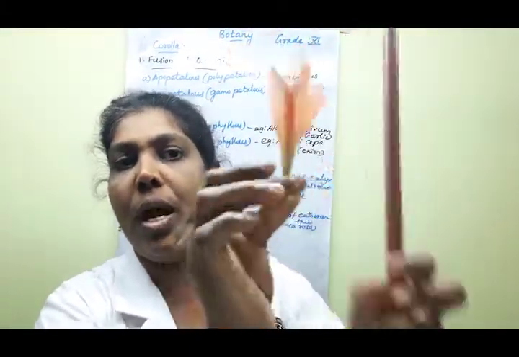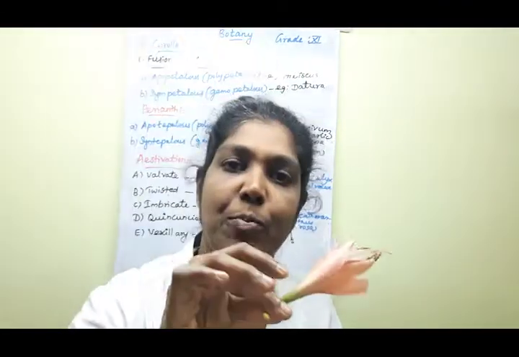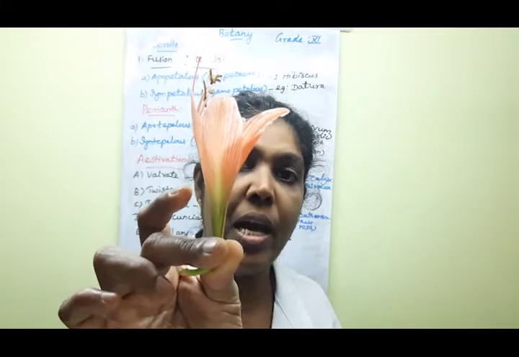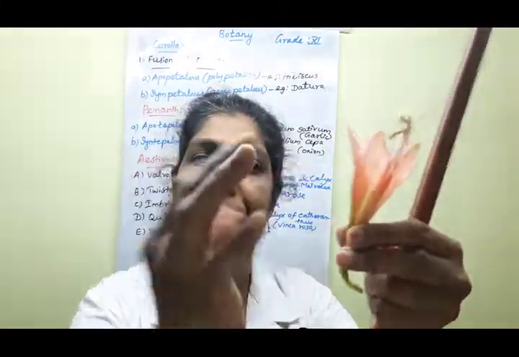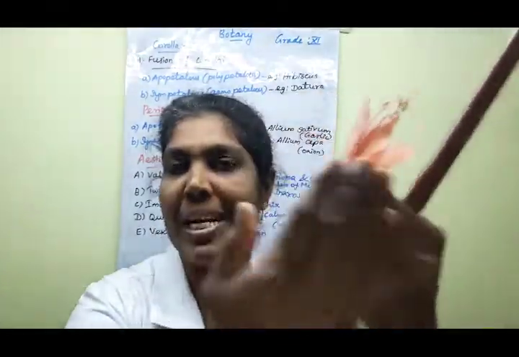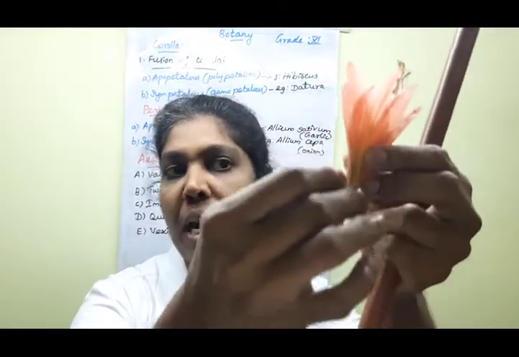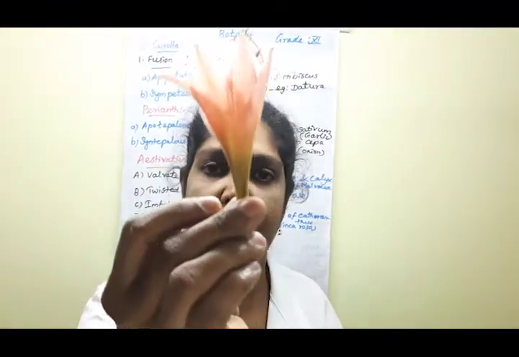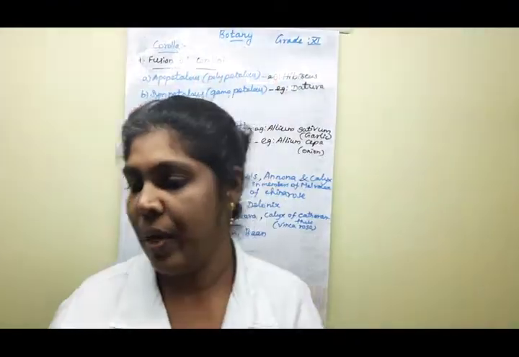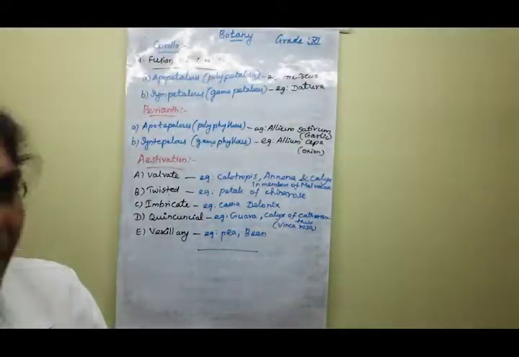Clear? This is the specimen, children, that I showed, one of the ornamental flowers. This is also the same manner of gamopetalis arrangement. The petals are united in form. So this is the gamopetalis arrangement. Understood, ma'am? Say yes or no, children? Yes. Very good. The next one we are going to move on to.